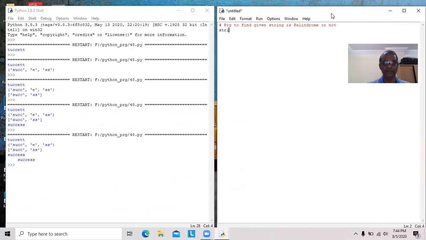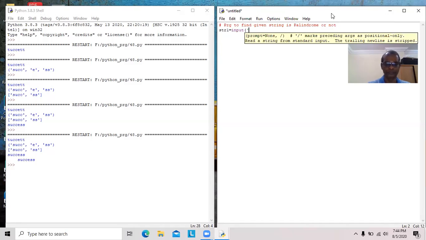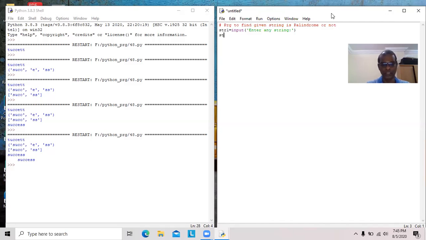So we can get it from user input. Enter any string. So str2 should be assigned with empty quotes: open single quotes, close single quotes. There is no character in between, so it is assigned with null.